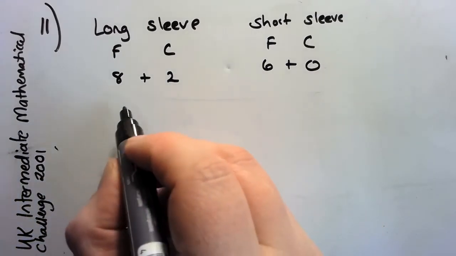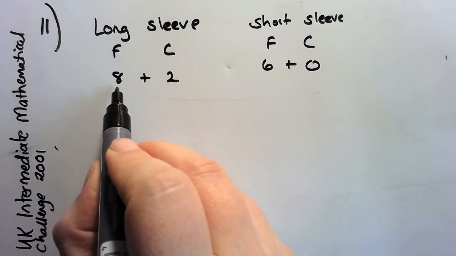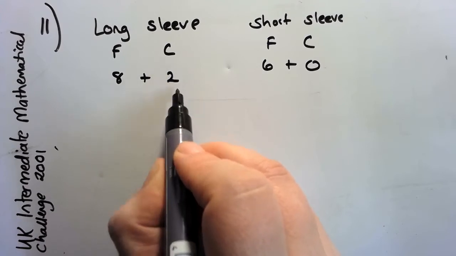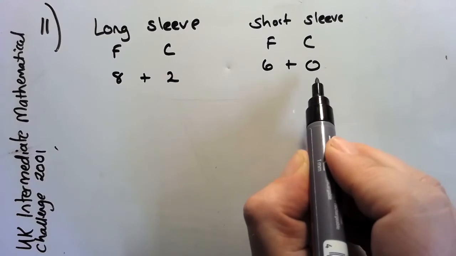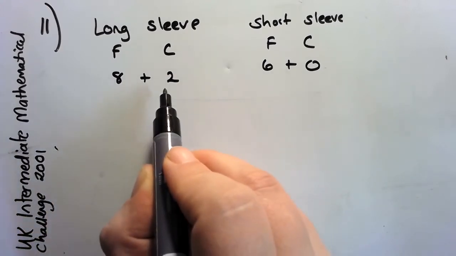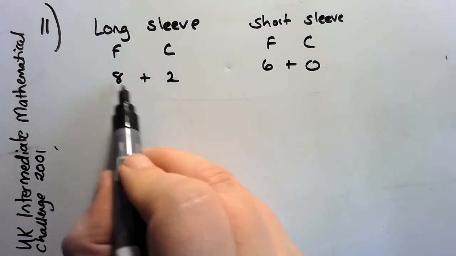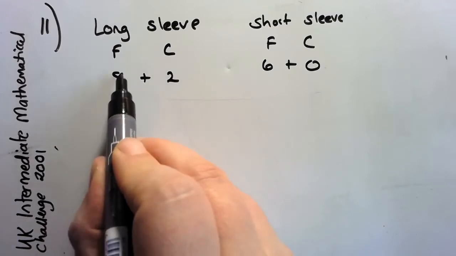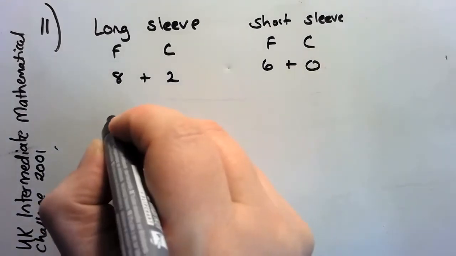so for every 2 cuff buttons, we have 8 front buttons on long sleeved. Now we only have cuff buttons here. We don't have cuff buttons here. So we're told that there are 10 times as many front buttons as cuff buttons. So we can't have just long sleeve shirts because we've only got 4 times the amount of buttons on a long sleeve shirt. We are told